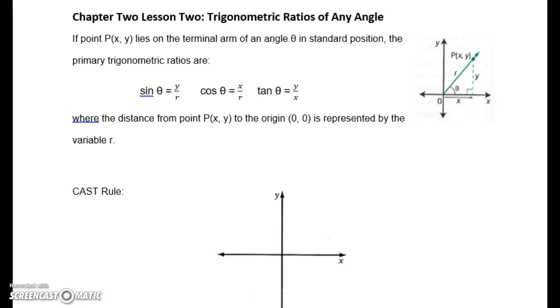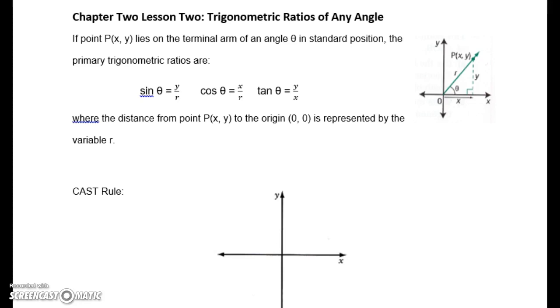In this video today, we're going to be looking at an example from Chapter 2, Lesson 2, which is all about trigonometric ratios of any angle. Before we get to the example, we first need to do a quick recap on what we learned in our lesson. The first thing that we talked about was if we had a point P of xy,